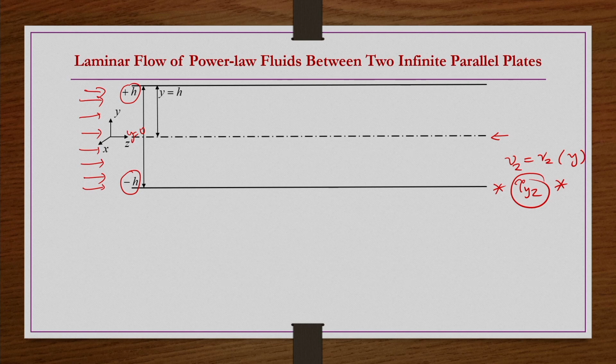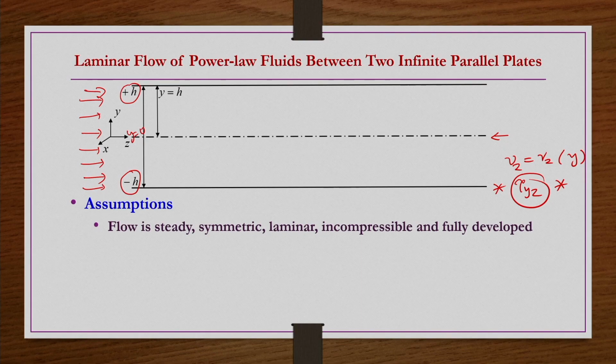So, the primary thing that we do in this kind of problem solving is, first we get the expression for tau yz, the shear stress distribution, in general. How do we get that? Simply by simplifying the momentum equation, by applying the constraints of the problem to the generalized momentum equations. After applying those simplifications or restrictions, we will have an expression for the shear stress. Upon solving that expression for shear stress, you will get the velocity profile.